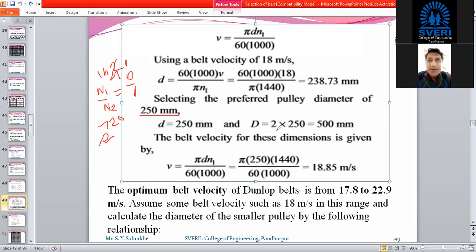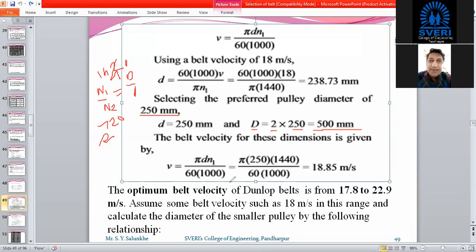So 2 multiplied by the smaller diameter is the bigger diameter. We get the bigger pulley diameter, that is the driven pulley diameter, as 500 millimeter.